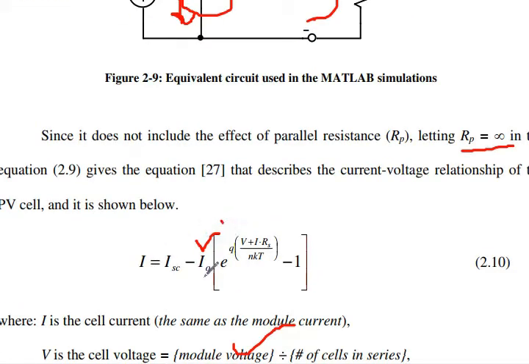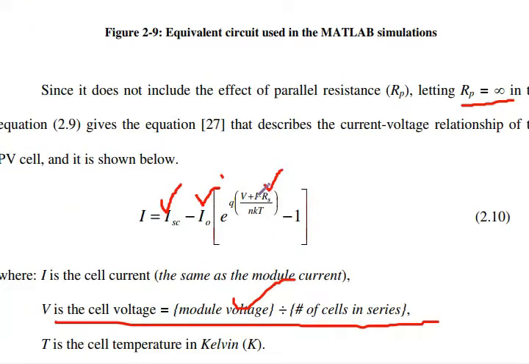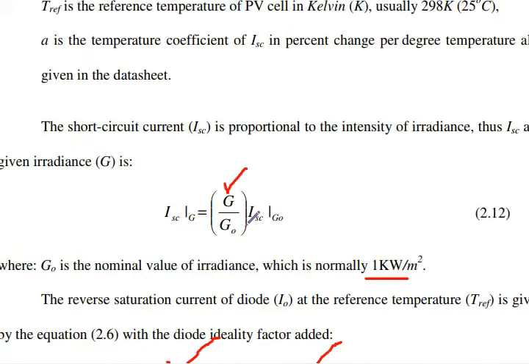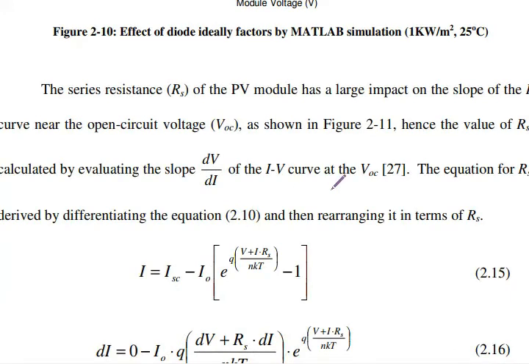So up till now in this model we have calculated the inverse saturation current and the photon current. The remaining thing is the series resistance shown in this model, which is still unknown. If we are able to calculate this, then we will be able to use iterative techniques to calculate the value of this I. The series resistance is calculated from the dV by dI slope, and the value of dV by dI is taken from the data sheet.